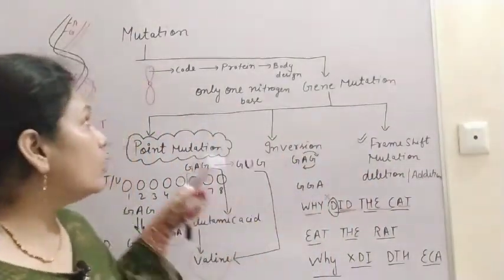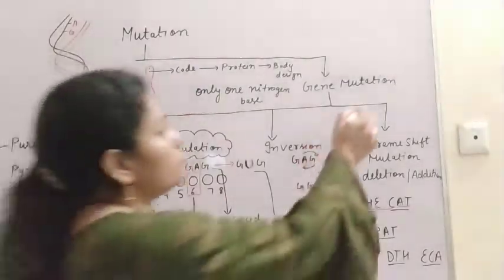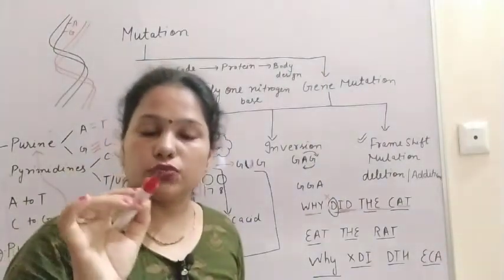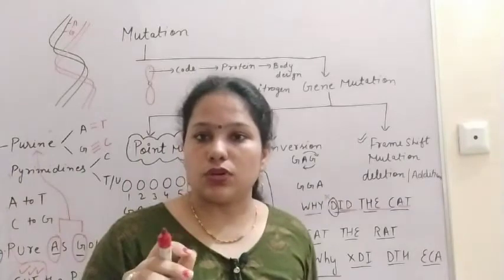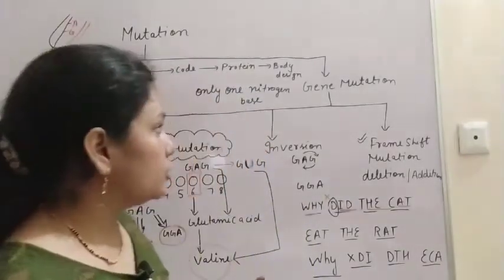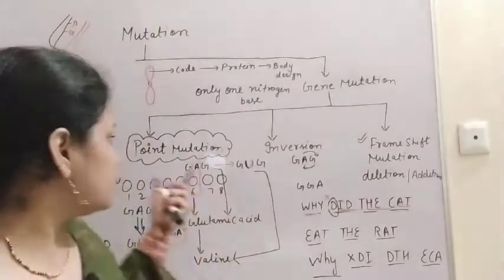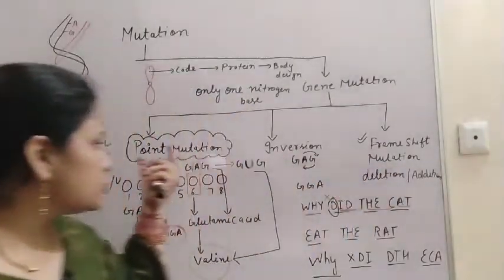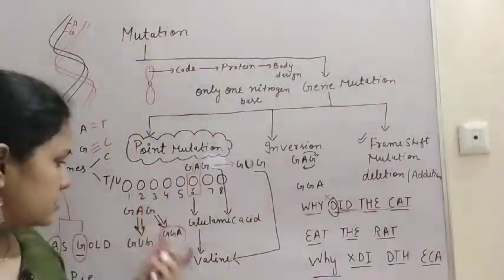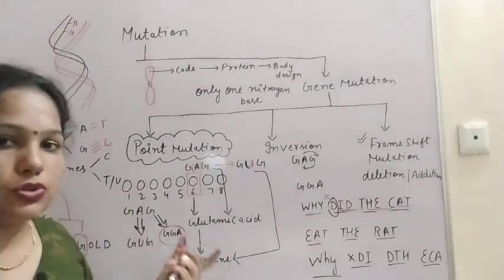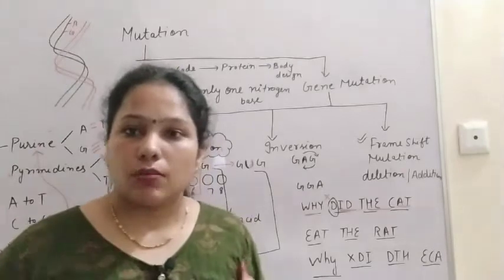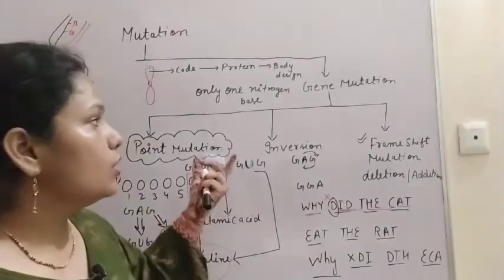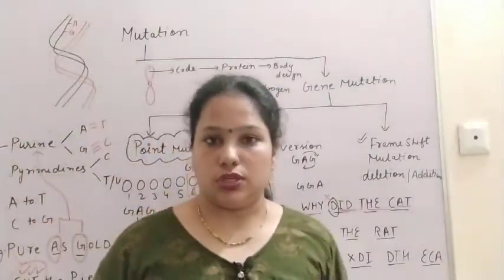So I think you understood what is gene mutation. So gene mutation takes place in the gene, and that gene is the part of the chromosome which codes for a particular type of protein. So I think you understood the gene mutation, 3 types: point mutation, inversion and frame shift mutation. This point mutation, the example sickle cell anemia, is a very good example. So when we study this disease, then you can better understand that there will be the point mutation, because now you understood the topic gene mutation. Thank you.